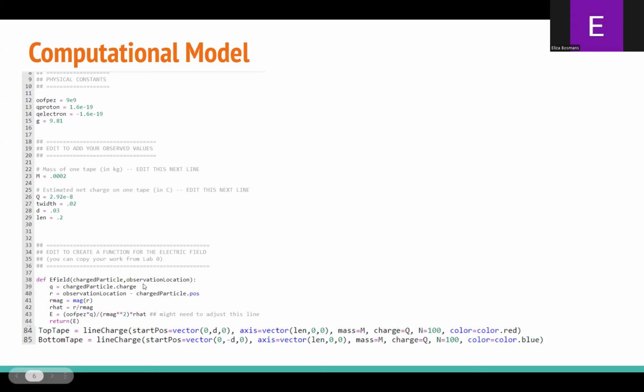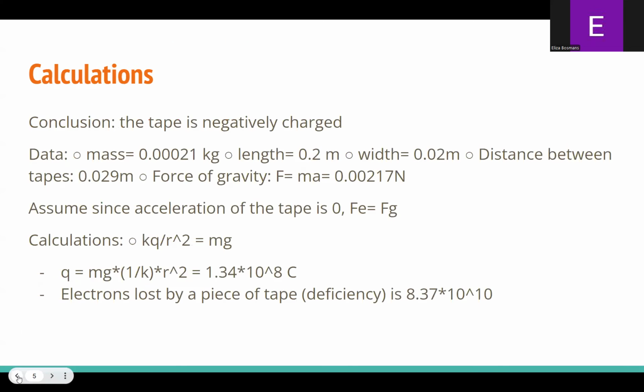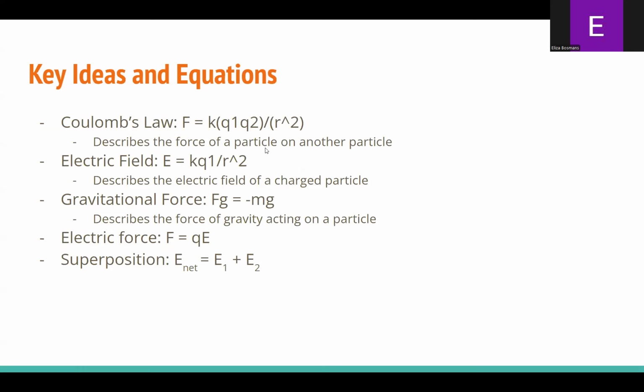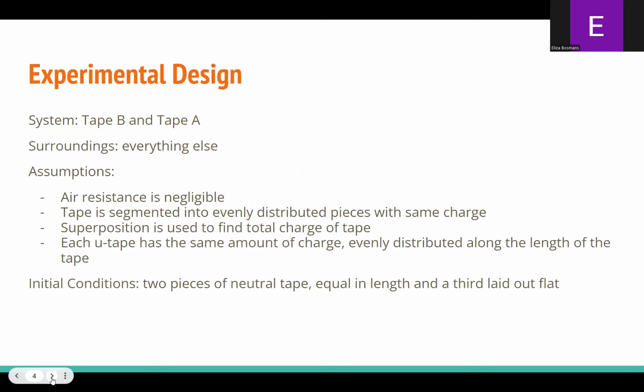and distance of those. And then you can see here, we find the charge of the charged particle, and then we find our R value, which is the observation location minus charged particle position, because it always goes from observed to source, so subtract observed minus source. And then we calculate the magnitude of R right here and use that to find R hat, which is just the direction of R. And then we use all of this in the previous equation that was given right here to find the actual value of